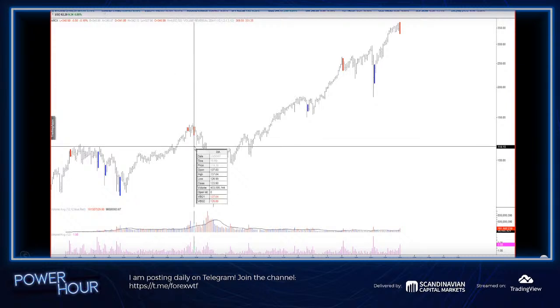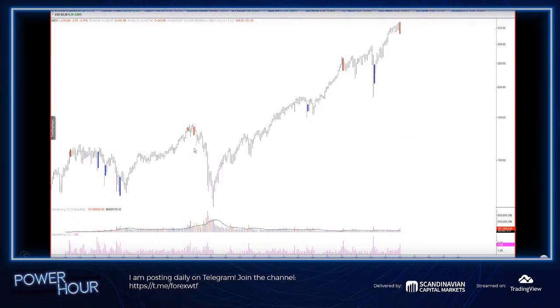This is the volume reversal logic that you may have heard me talk about before. The idea behind it is that you get a big volume thrust higher or lower, and then the immediate next period is a high volume move in the opposite direction. So what we've got right here